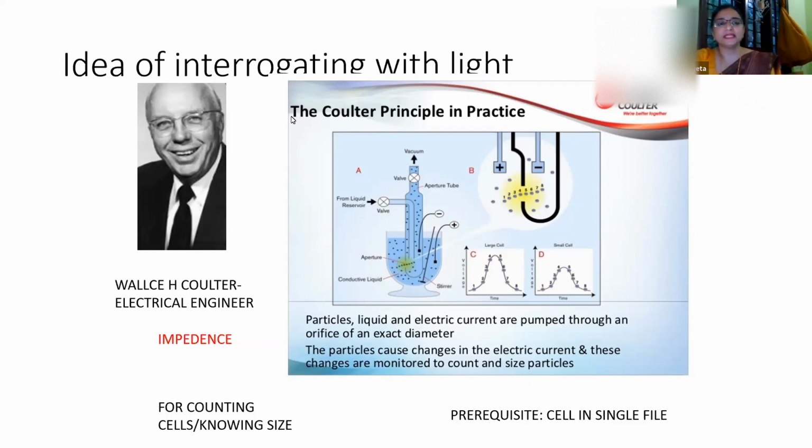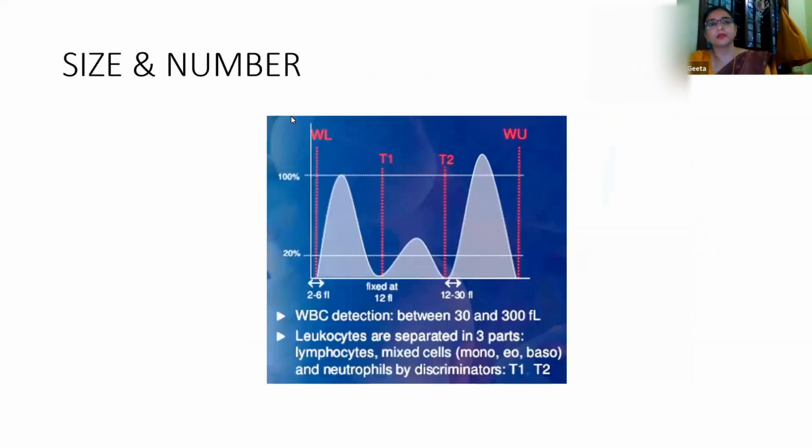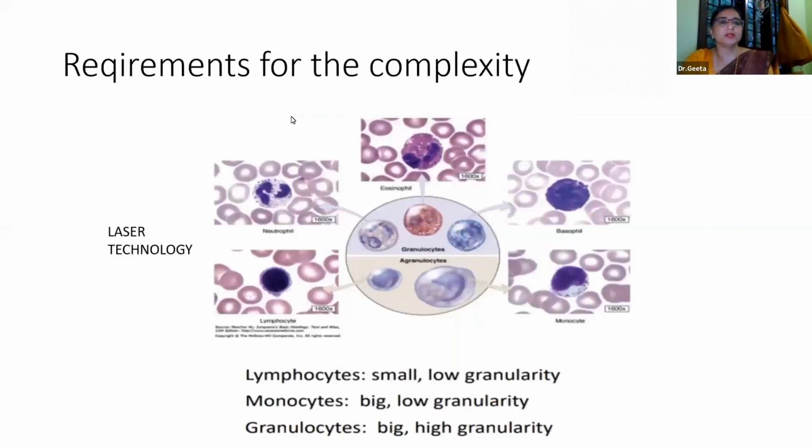So this principle was basically for counting the cells and knowing just the size of the cells. This is the format which I'm sure would have been dealt with in detail by the former speakers. This was the format which came from the Coulter based machines. As we moved on, we were more interested to know and count the other cells also, and we were trying to differentiate, rather automate the counting of each and every cell of the blood.